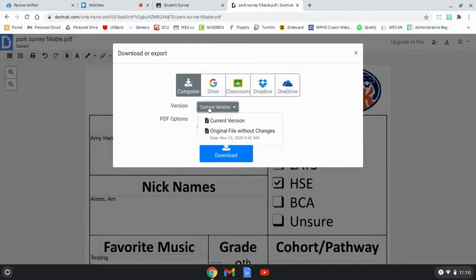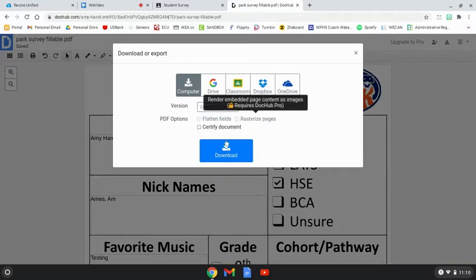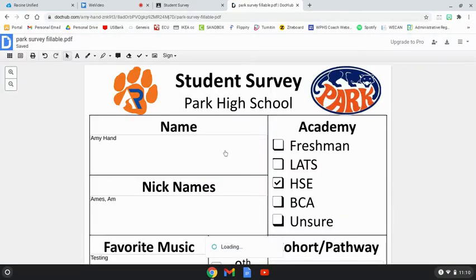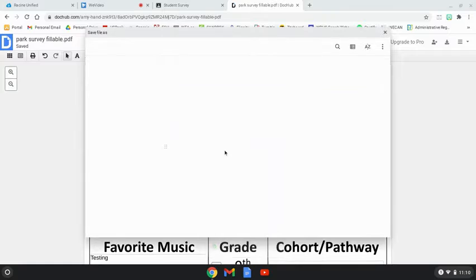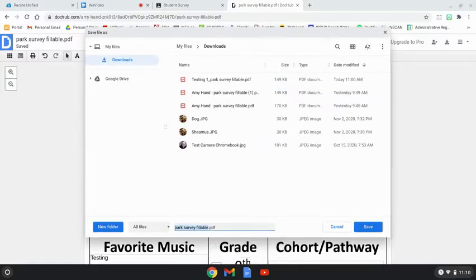And here you have the choice of doing the current version with all of your edits and changes and things that you've added to this document, or to the original file without any changes. You don't want to do that. So we're going to stay with current file, and I'm going to hit download. So now my download file opens up. You'll see that it says downloads up here. And I need to give this a name. So I'm going to call this